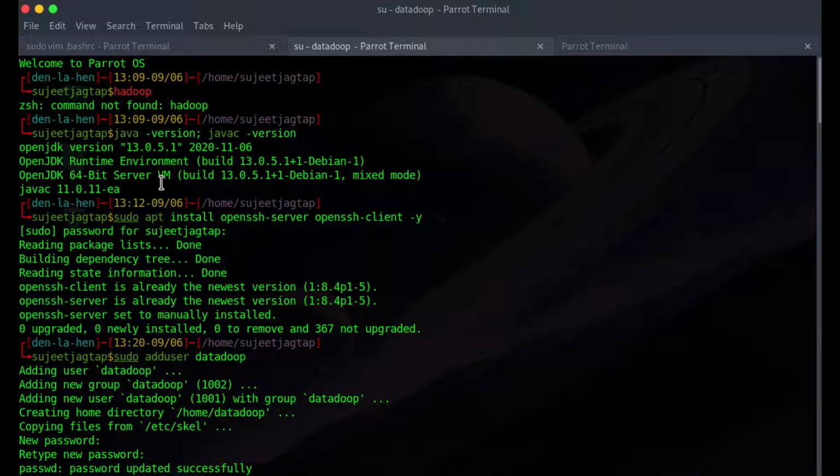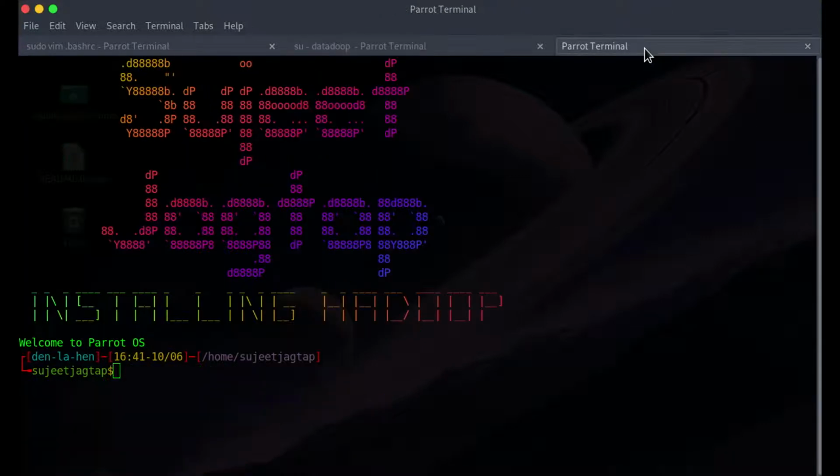Use the following command to update your system. If you are going to freshly install something new, you can obviously go for sudo apt update. I'll just show you that. You can always do this.